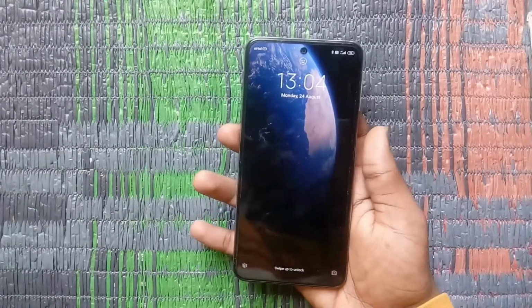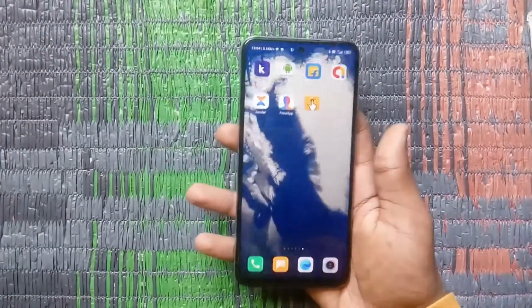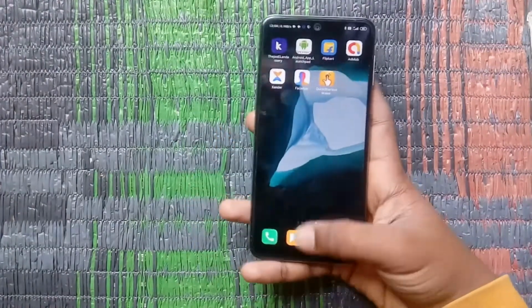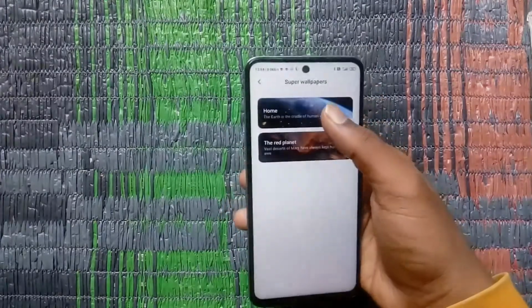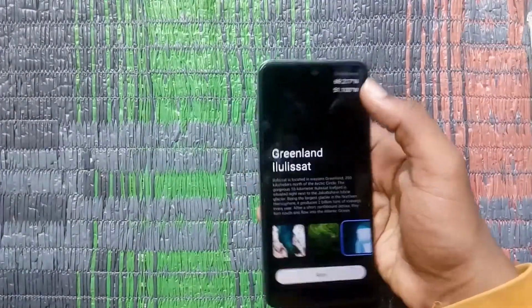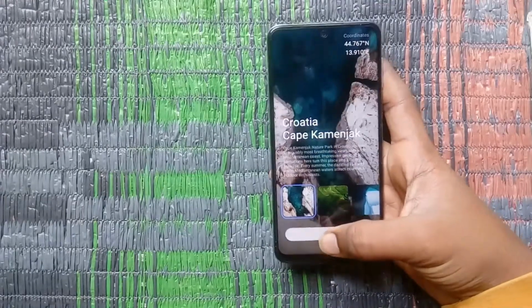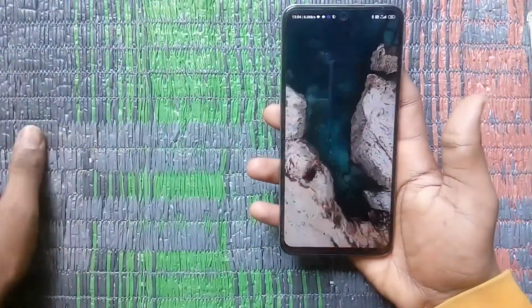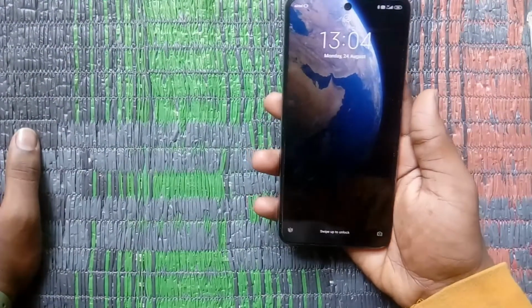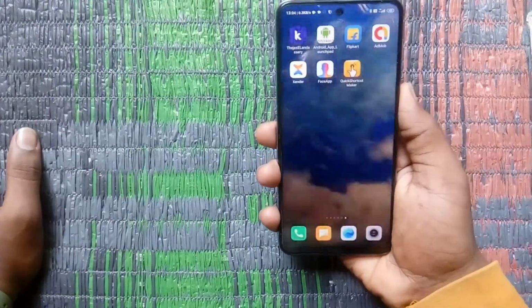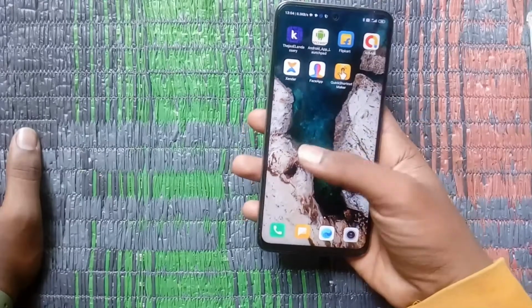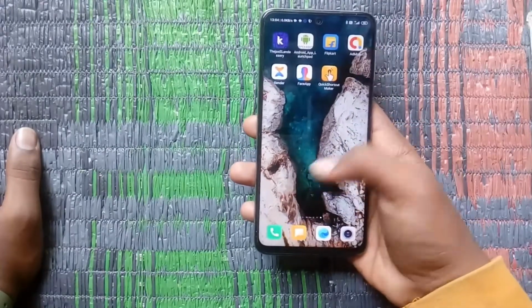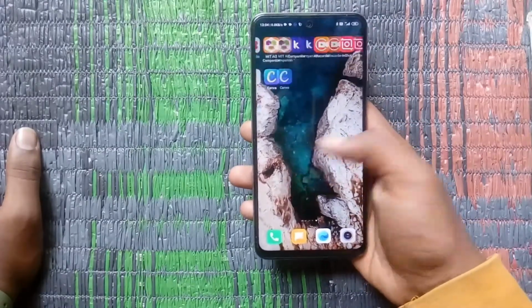This is MIUI 12's official app, and you will also get updates on it. So when I open the screen, I mean unlock the screen, you can see it. Okay, if you want, you can select different locations. So here are three locations available. Okay, so as you can see, my wallpapers have been updated. When I unlock the screen, it goes down to where we have selected the location, and it looks really awesome.